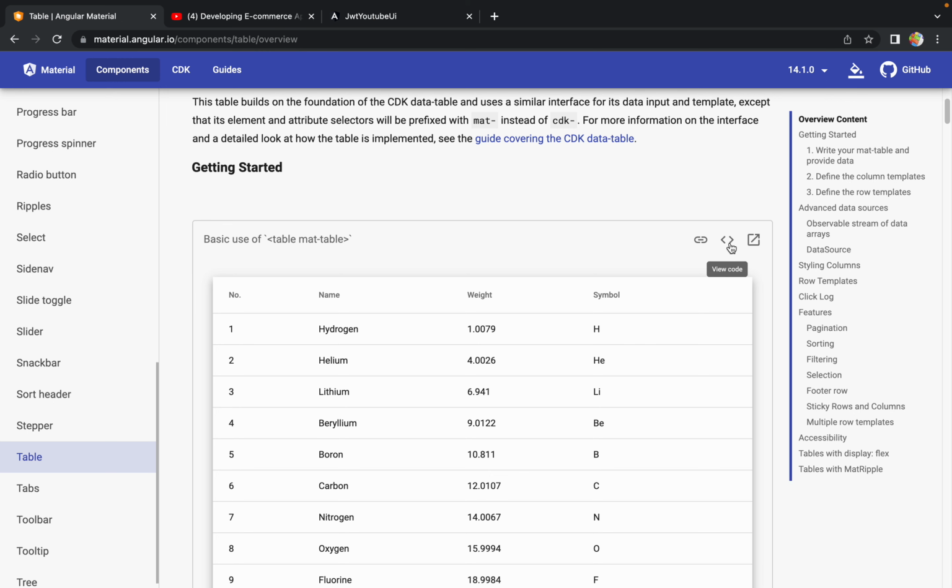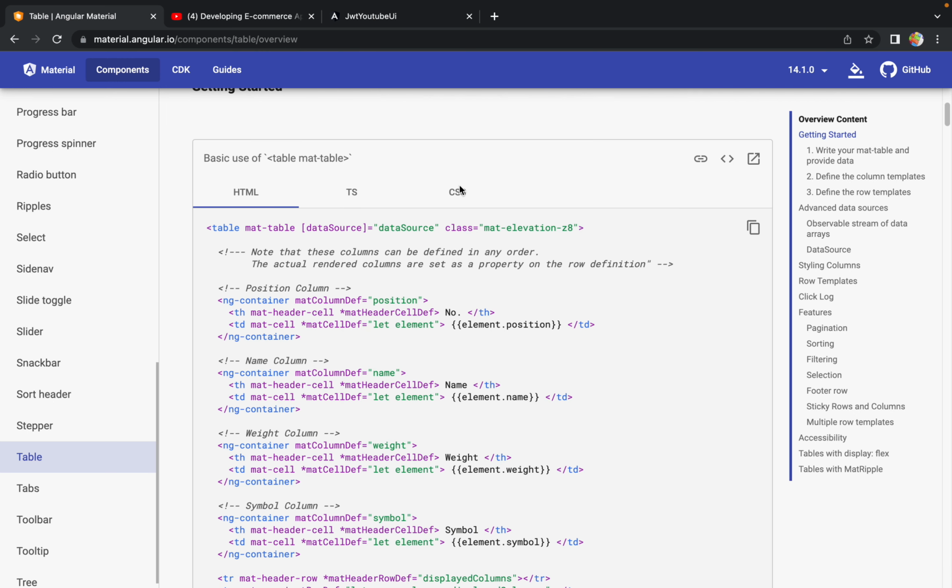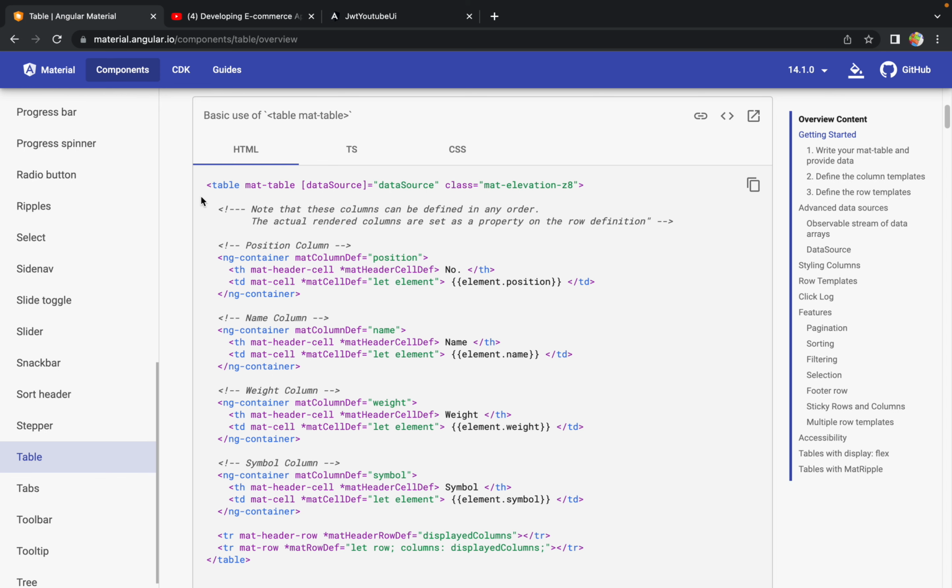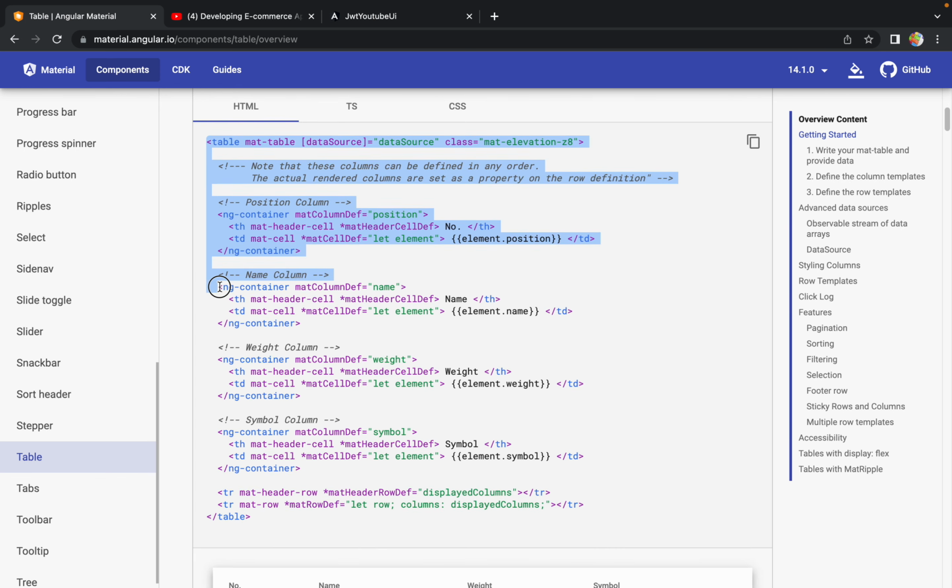So let me just click on this view code button, and now we are able to see the code of this basic mat table. So we can just copy these things, and there are a few things that we have to change, so we are going to change them as well. So let me just copy this entire example, and this example is really very small, and I will just explain